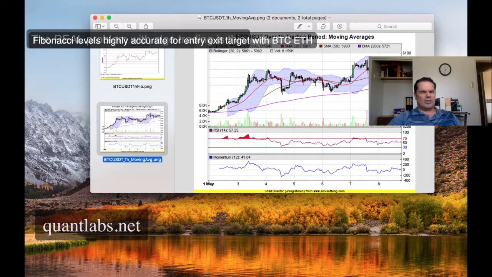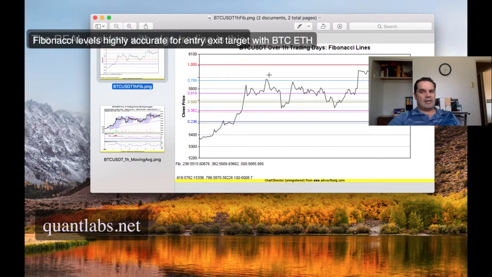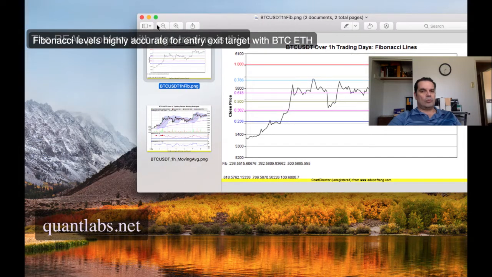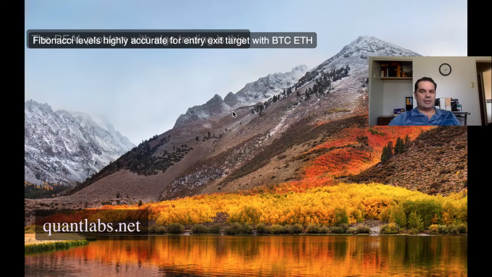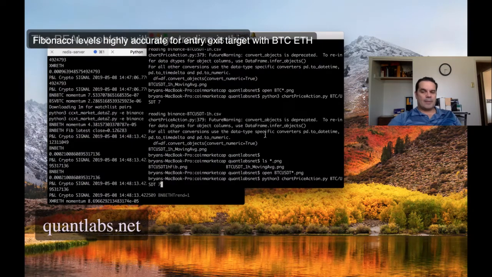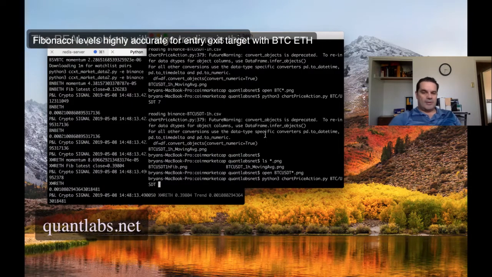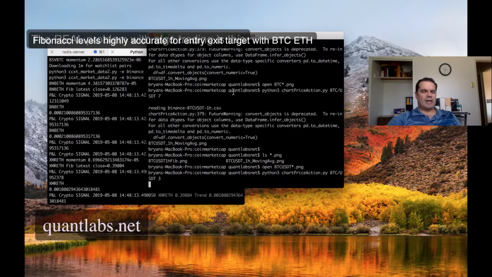But if we know that we're setting our new support level here at 786, we can now recalculate our most recent Fibonacci levels, and we can do that through this script by doing this. So let's say we want to run a new set of lines or Fibonacci levels for 3 days. So what I just showed you was 7 days. So now we're going to look at